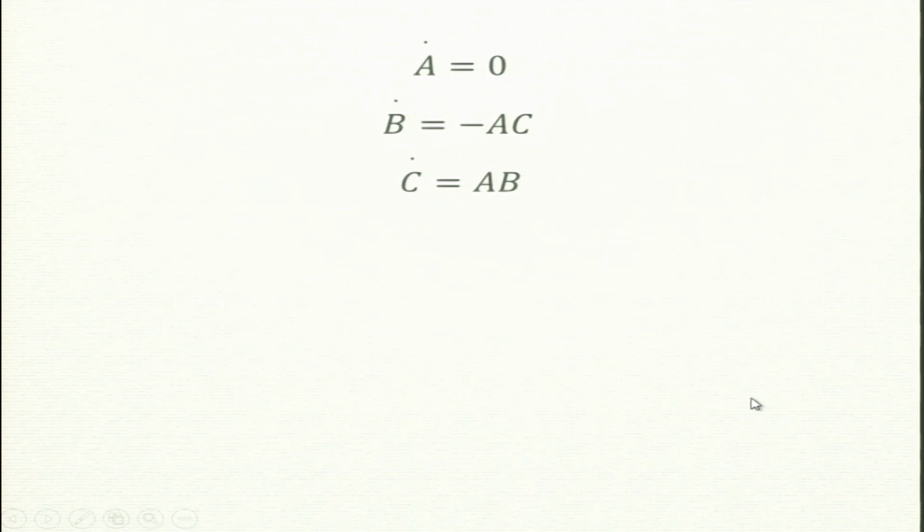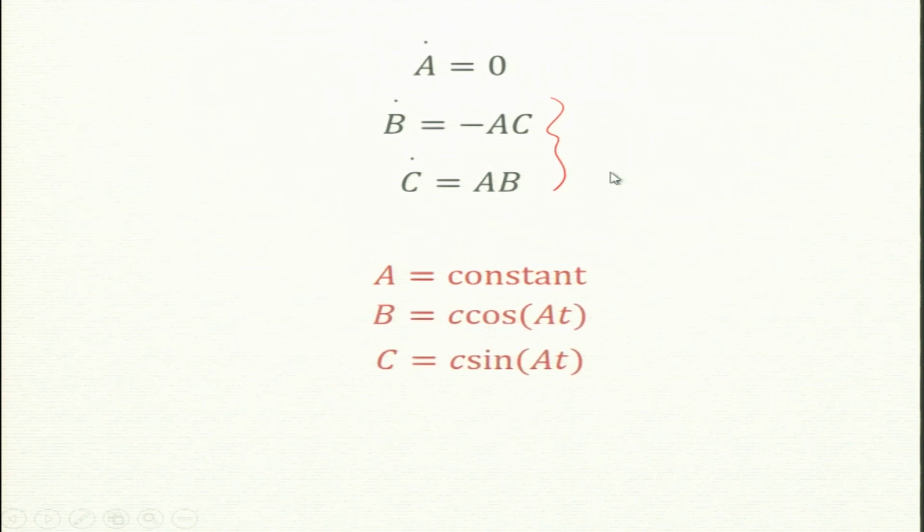Now, this is an easy solution, no? These equations are easy because A dot is 0, that means A is constant, and so this equation is like an oscillator equation for phase space. So, this is an easy solution. B dot is minus C and C dot is B. So, it is oscillation, and the solutions are this. So, they oscillate with frequency A.